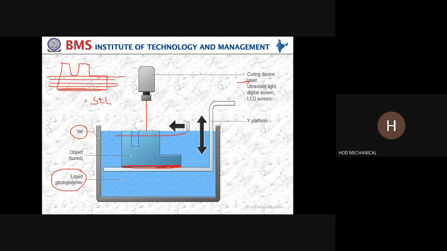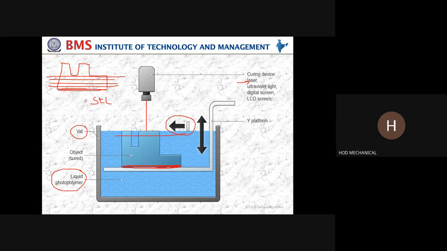Now what has happened? If you observe this entity, please observe, it is very, very important. I am going to use what is called a blade. Observe, I am going to use a blade. What is the blade going to be used for? First, I have moved the ultraviolet rays from this point to this point. What have I done? One thickness layer we have built.